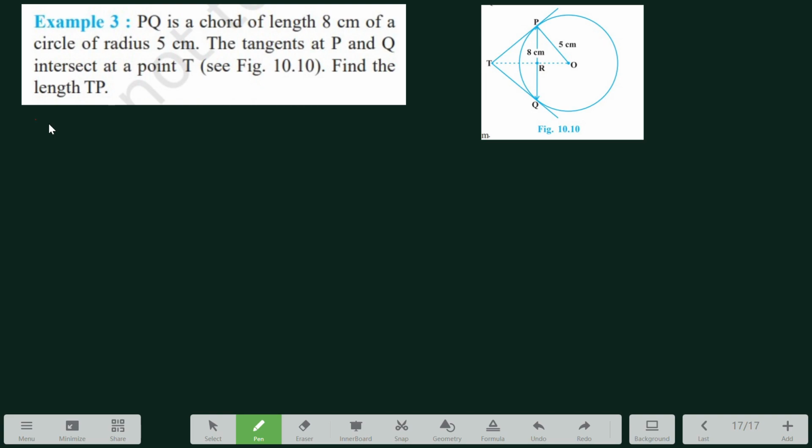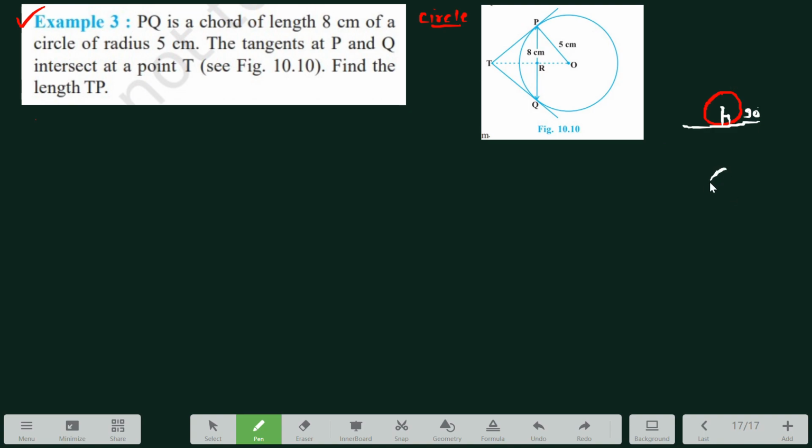This is one of the most important questions of NCERT. The chapter is Circles, and it is Example number 3. Yes or no? So you have to take care of two things. One theorem is based on the circle: suppose this is a tangent, then it makes 90 degrees with the radius of the circle.